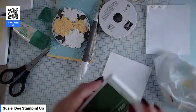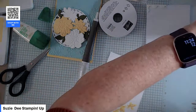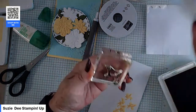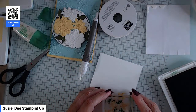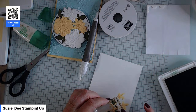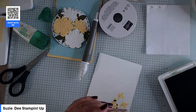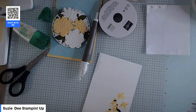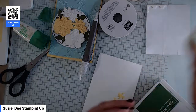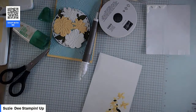Now, there's also some green leaves as well. And again, it's got the whole... Oh, let's see how we go with that. Gonna have to practice. Practice makes perfect. I only got this last night, so